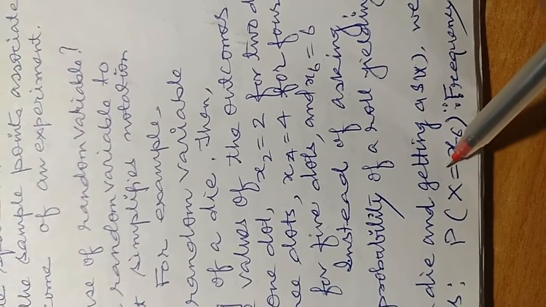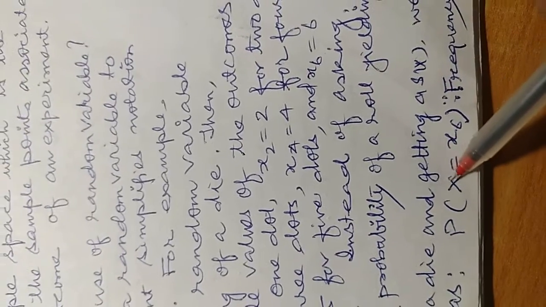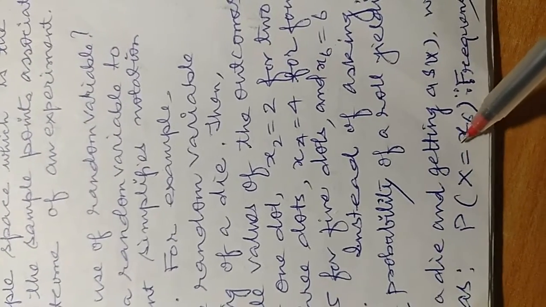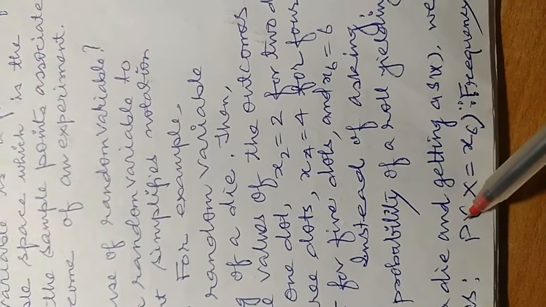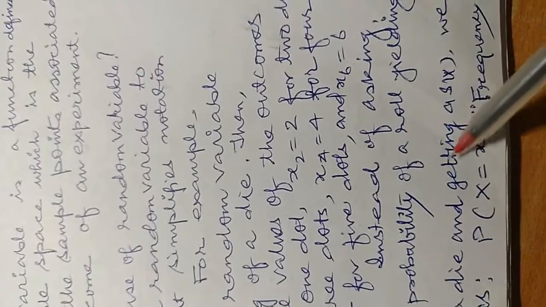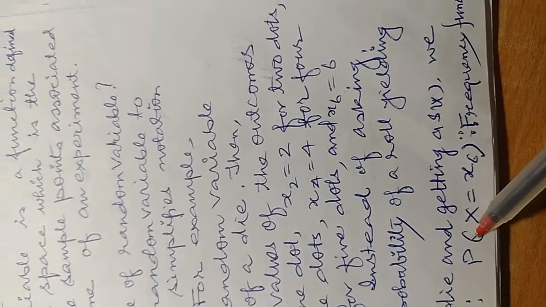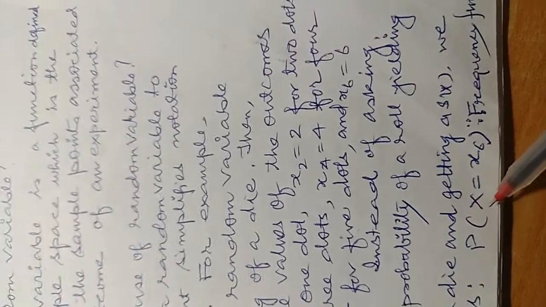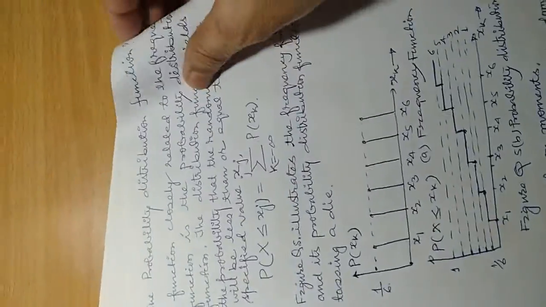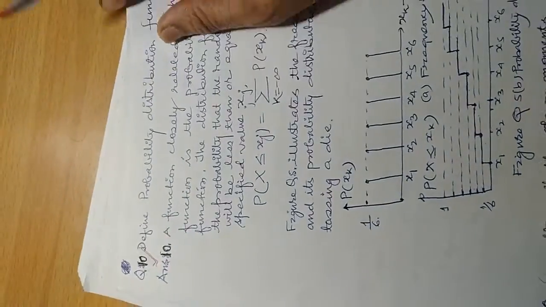So when the equal to sign is there, P of x equal to x6, at that time we say the probability of x equal to x6, or P of x6. This way of writing indicates that it is the frequency function. So the probability of getting a 6 is the frequency function, for that particular value it has assumed. But when it is not decided that it is a particular value, and it will be taking values up to this particular value, then there is another way to represent it, the probability distribution function.